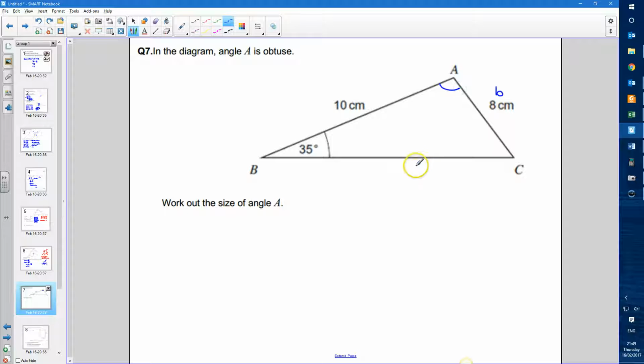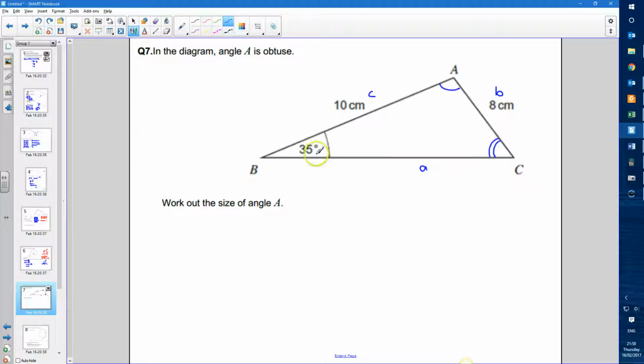We don't know the length A, however we do know the length C, so we could work out this angle over here, which is angle C, and once we know what that angle is, we can use that information to work out angle A. So if we label this up,